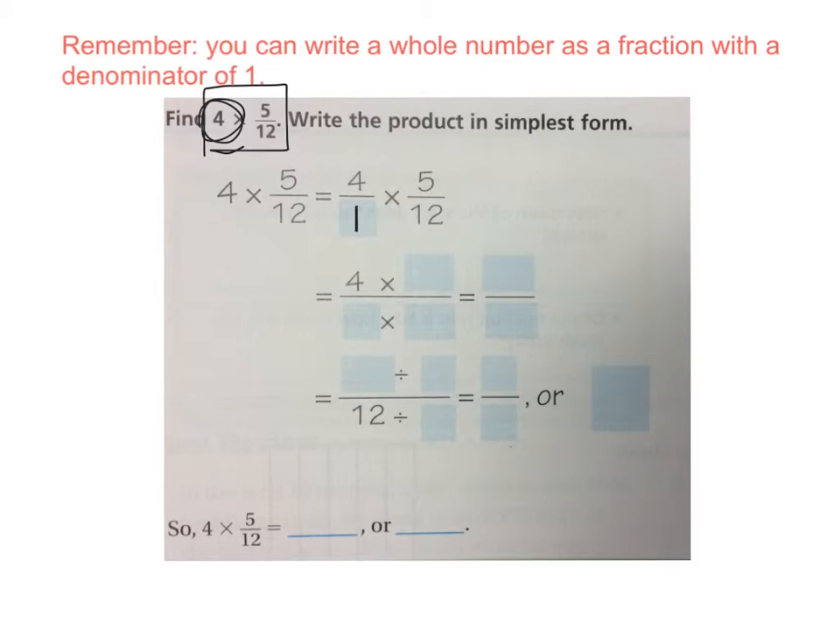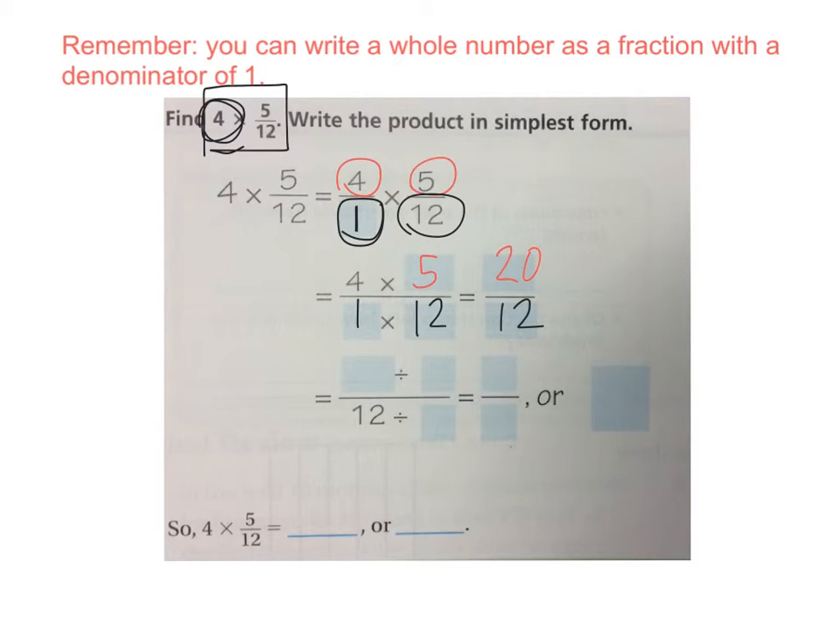Now, the first step, I need to multiply the numerators. What are my numerators here? I have 4 times 5, right? So 4 times 5 is 20. Then my second step is to multiply the denominators. What are my denominators here? I have 1 and 12. So 1 times 12 is 12. Then I need to check to see,